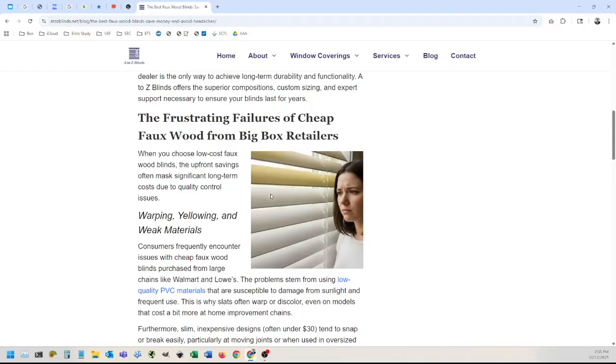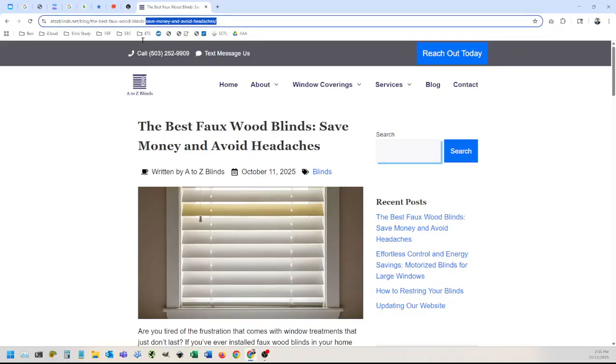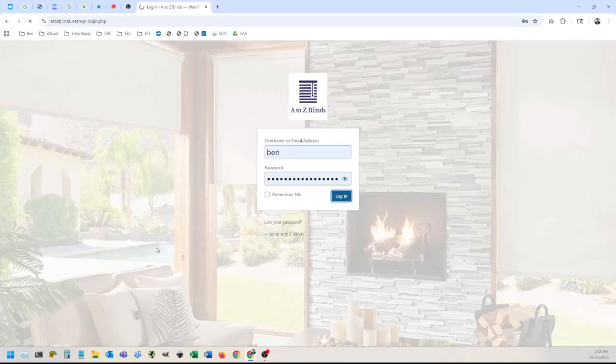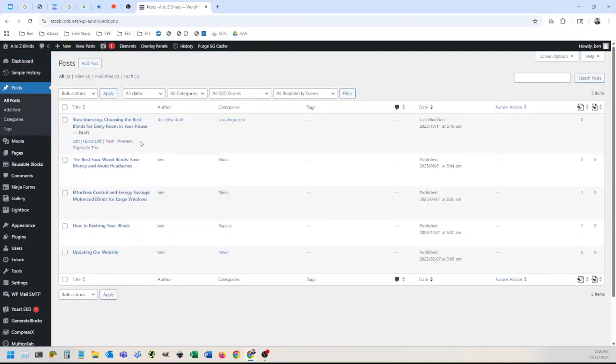So what we're going to do is the same thing that I did for this blog, but I'm going to do it for another one that we recently created that doesn't have any images yet. So first things first, I'm going to log in, and then we're going to look at the list of blogs on the website, and the latest one here is